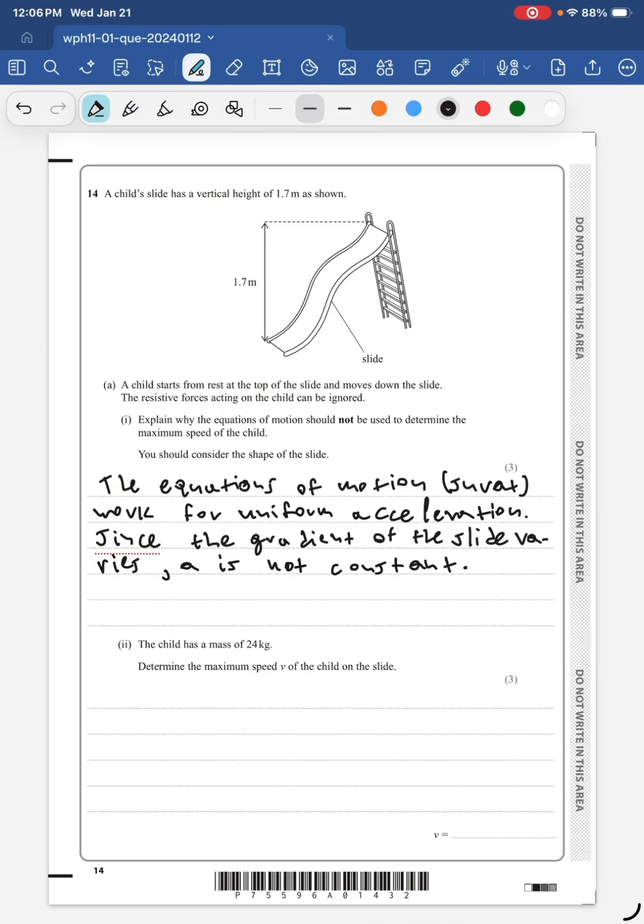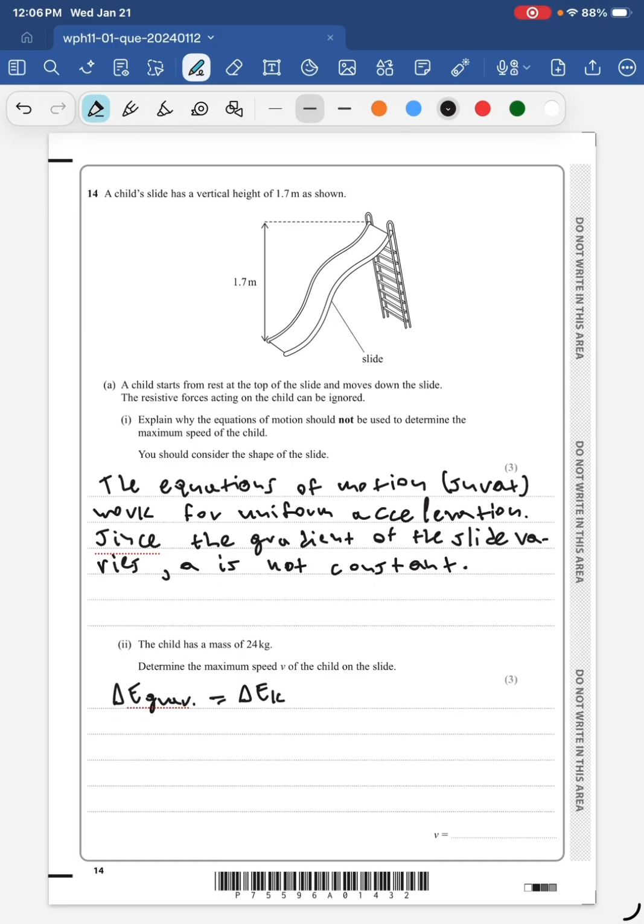The child has a mass of 24 kilos. Determine the maximum speed v of the child on the slide. Okay, this sounds strange, right? Because they only give you the mass. How on earth are you going to find the maximum speed? Remember that the change in gravitational energy should be equal to the change in kinetic energy,